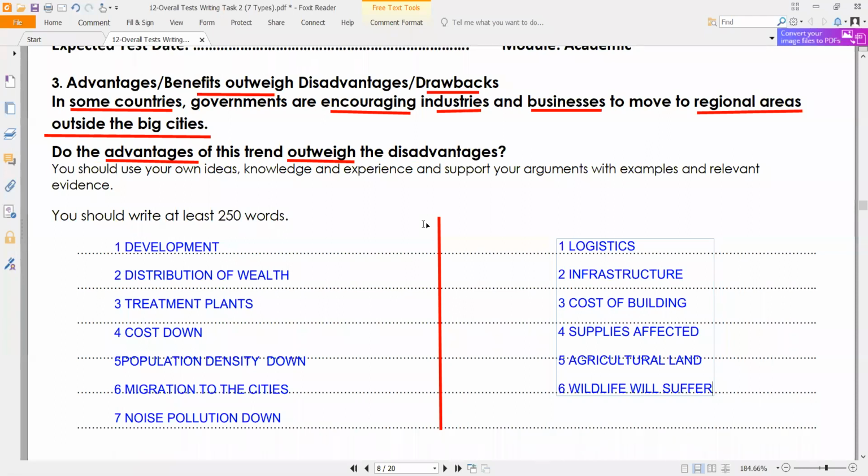Now, if you have a look, for example, at this point, the cost is going down. So yes, we have these problems that we've just talked about, but there are definitely advantages as well. So now please have a look at the advantages and disadvantages and make up your mind. Do you think there are more advantages or are there more disadvantages? What do you think, people? Make up your mind. Have a look at these advantages and disadvantages that have been written in front of you and make up your mind.